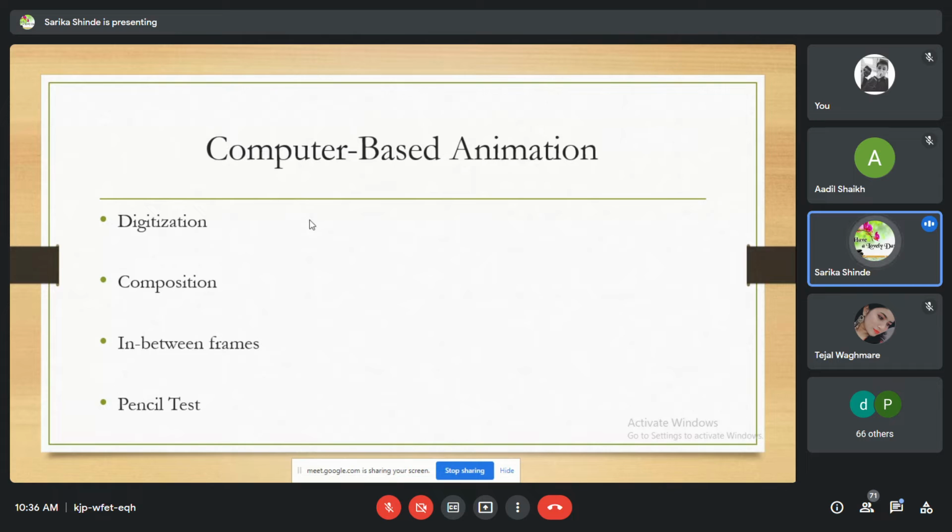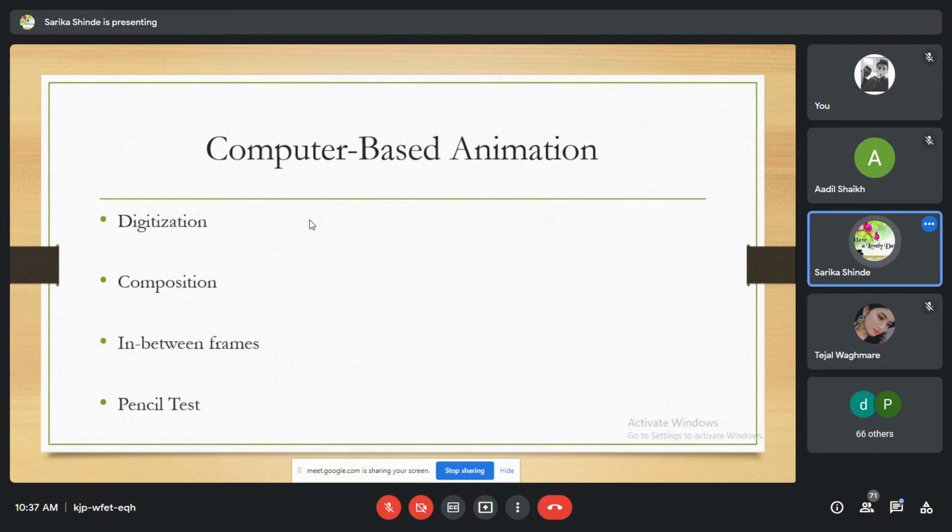Now we see digitization. Okay, the objects which could be part of the intended animation are first digitized by one of the following methods. There are some methods. First one is to synthesize the object in a graphics application. Second one is to scan the document consisting of seen objects. And last one is to track the object.